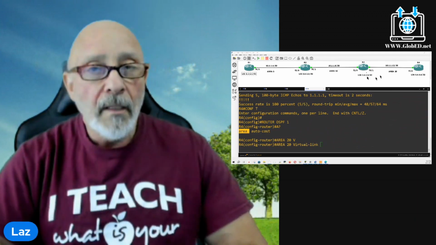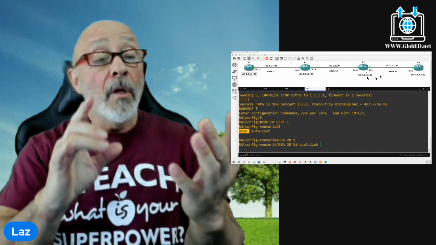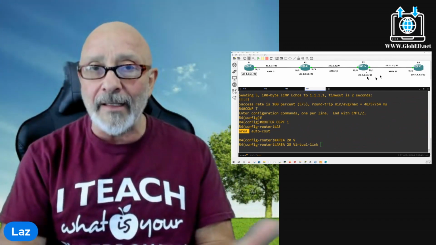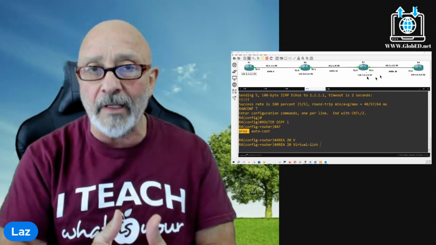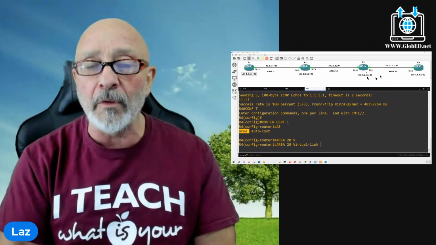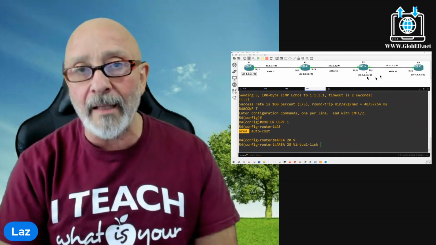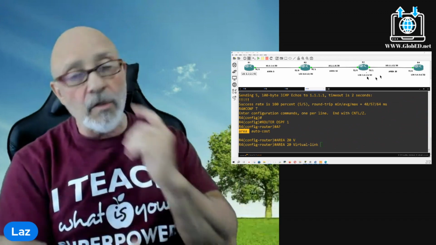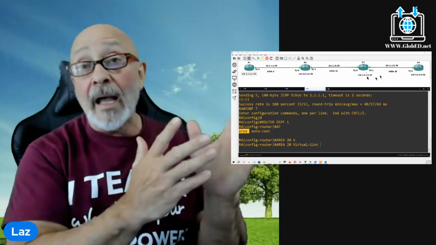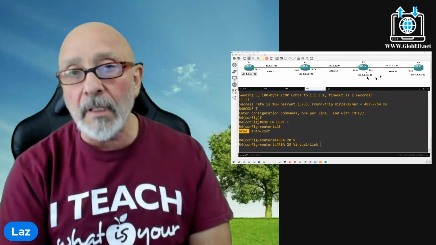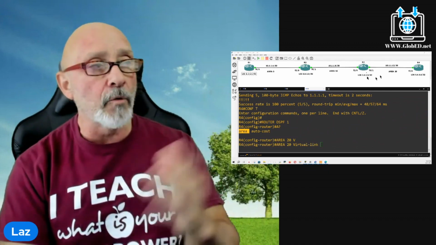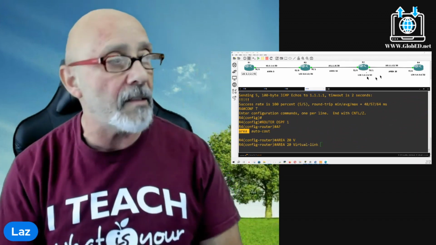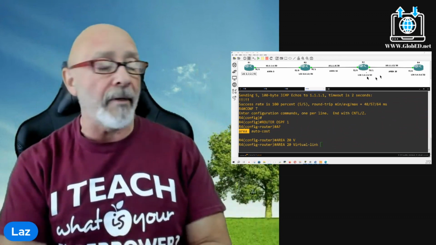Okay, if you're running DRs and BDRs, and you configured loopbacks from the get-go, and obviously your actual IP address on your interface, and you made them a part of OSPF when you were configuring it, OSPF will choose loopbacks over IP addresses on the physical interface. So in this case, your router ID is the highest loopback address on that particular router. So that's why router 3's loopback, router 4's, router 2's, router 1's, the loopback addresses are the highest IP address, because it wants the highest loopback address anyway.